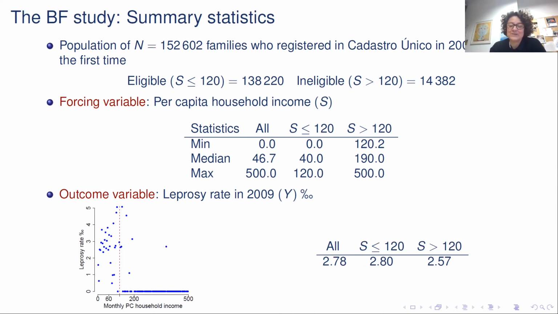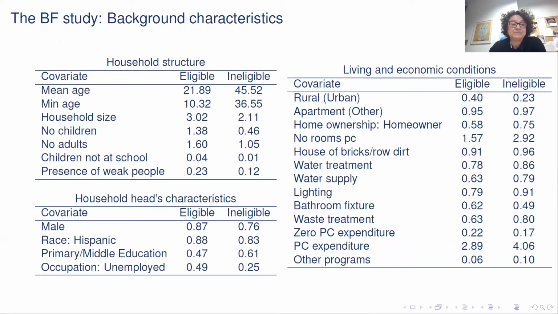This is, of course, not a causal contrast, because, again, the families that are eligible are in fact a lot poorer than those who are not eligible. Therefore, there is this whole problem of assessing the effect of eligibility for units around the cutoff point. Those are the background variables,